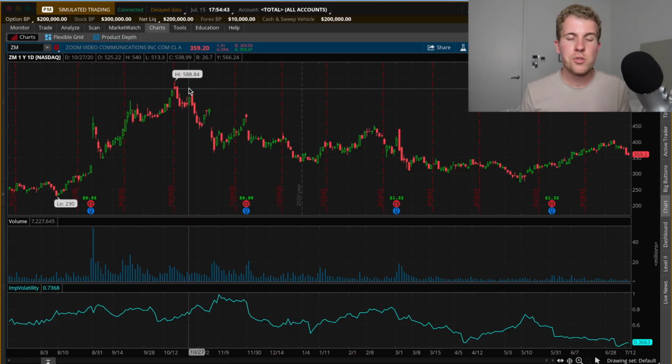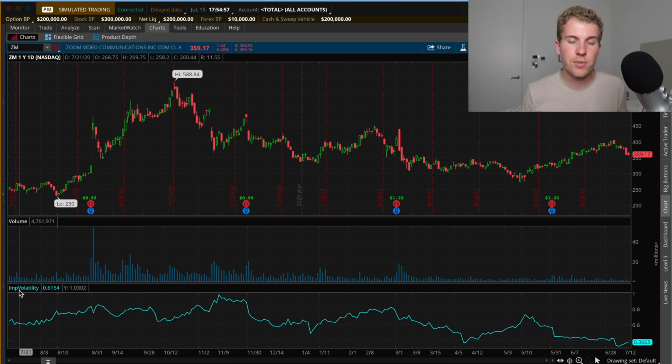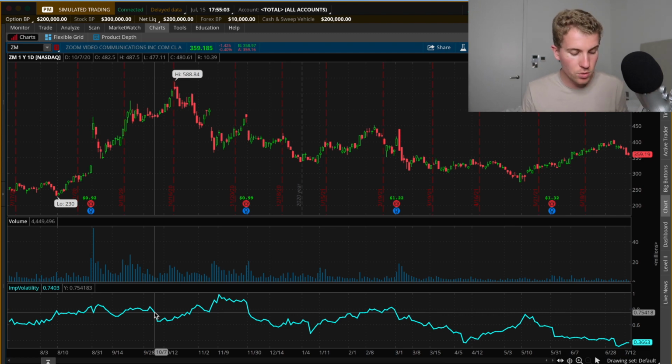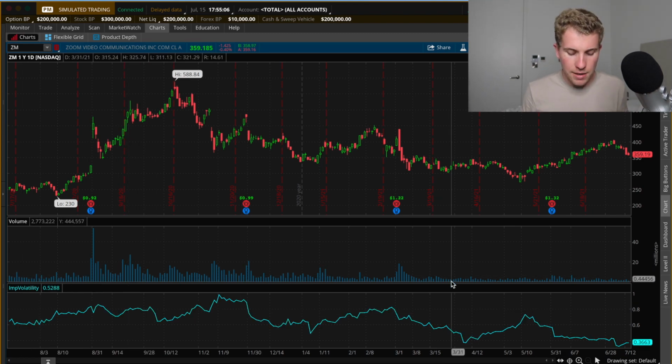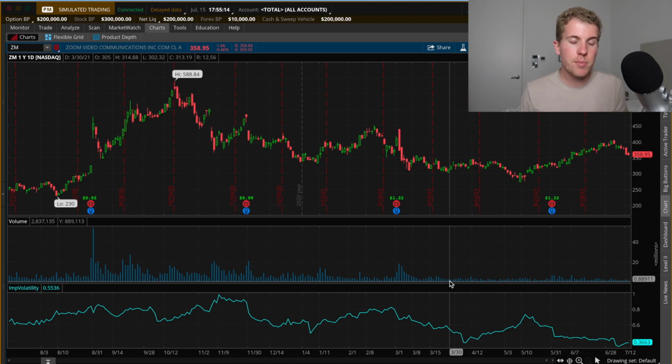Okay, so now we are on the Thinkorswim platform and I'm going to show you some examples of IV crush, and the first one is going to be on Zoom. What you have in front of you is the stock price for Zoom. Then below you see something called imp volatility. That's for implied volatility, and that basically tracks the implied volatility for Zoom over the last year. I wanted to look exactly at when earnings happen so as to see how the implied volatility behaves. And remember one thing: when you see the implied volatility rising, it means that option prices are getting more expensive, and when you see implied volatility falling down, it means that option prices are getting cheaper.